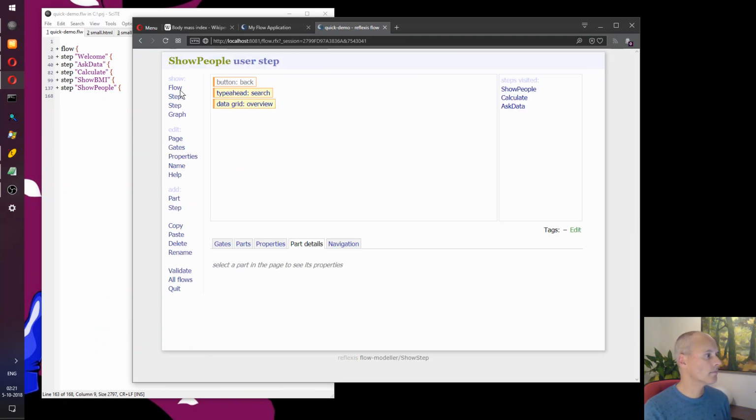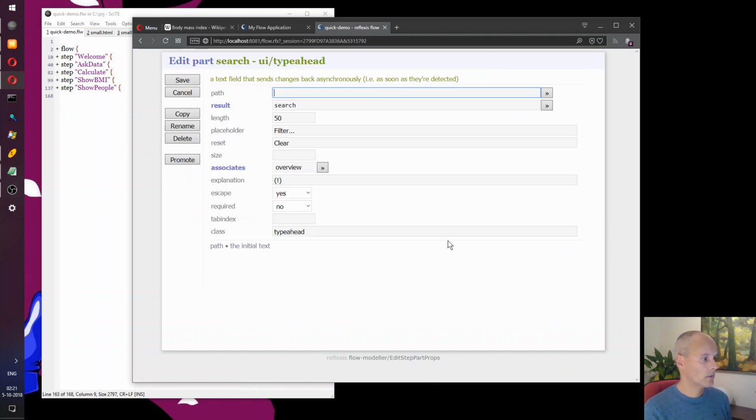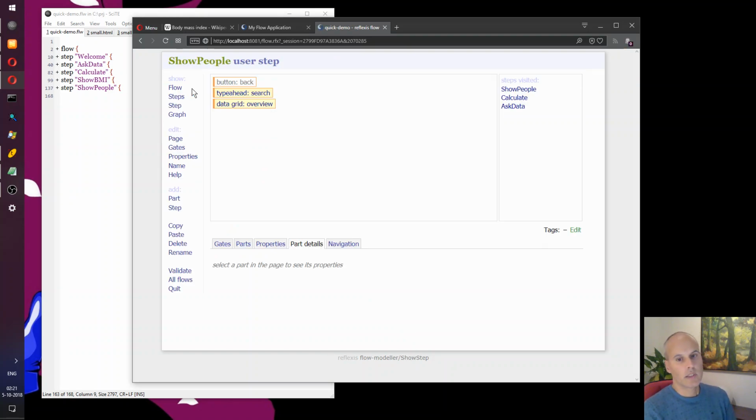And well, let's do a quick one here. Here's the type ahead part. We called it search. And here are all the properties. The properties that are bold are the required properties, which is why we set them.